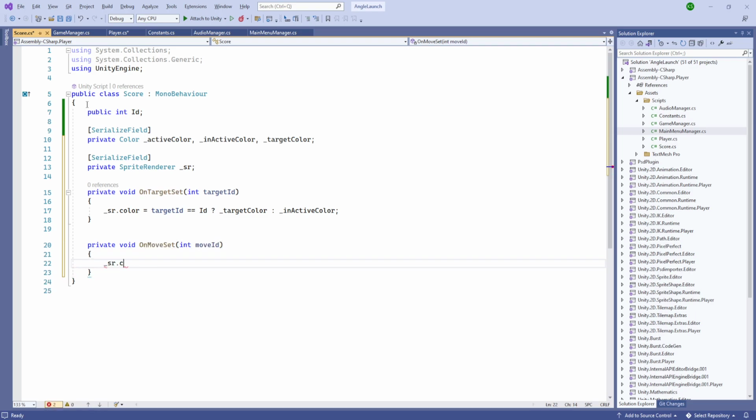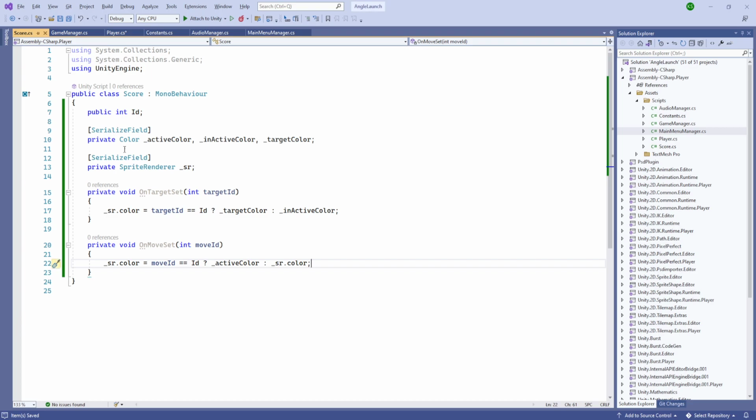So similarly, we'll set the color if our move ID is equal to ID, then we'll set it to the active color, else we will not change its color, so it only needs to be